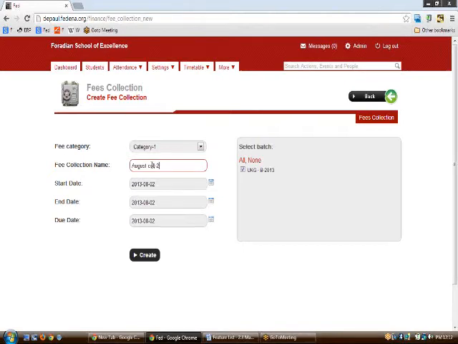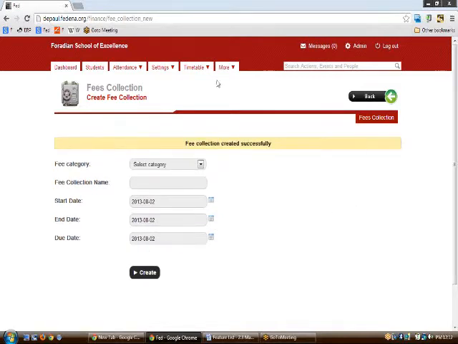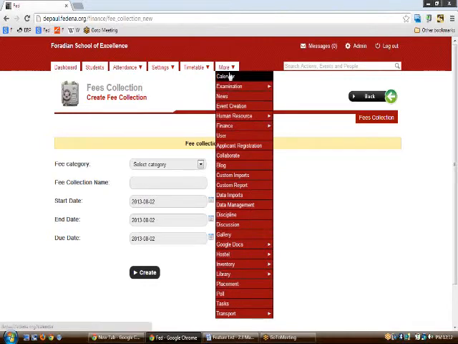I'm putting it here. The start date, end date and due date can be entered, and once this is created, this would be available in the calendar of the student's events.